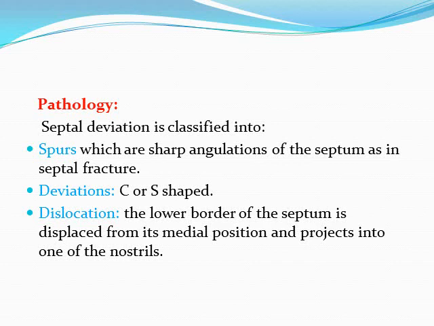Pathologically, the septal deviation is classified into three types, either spur, deviation or dislocation. Spur means that there is a very sharp angulation of the septum, which occur as in septal fracture. Deviation is not a sharp deviation, but a smooth deviation, which may be C-shape or S-shape deviation. Dislocation means that the lower border of the septum is dislocated from its midline position and projects laterally into